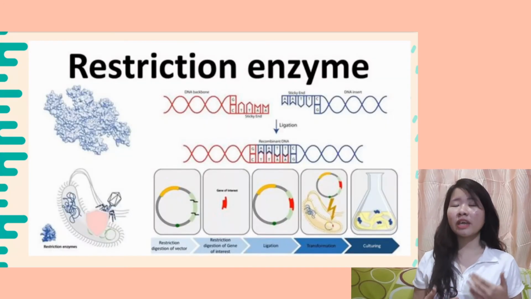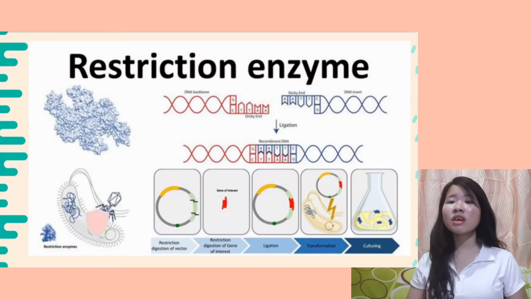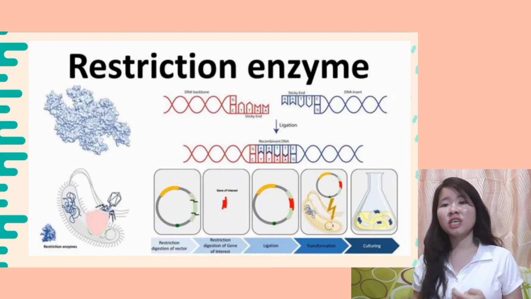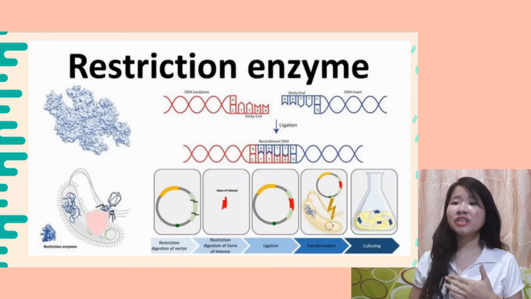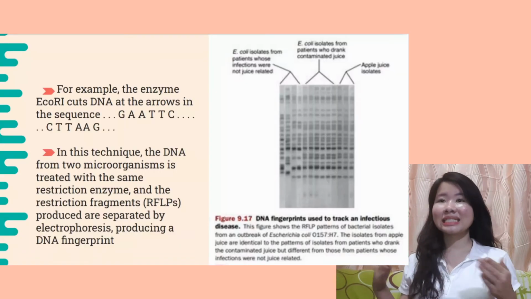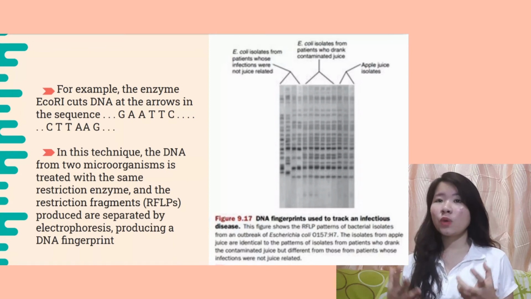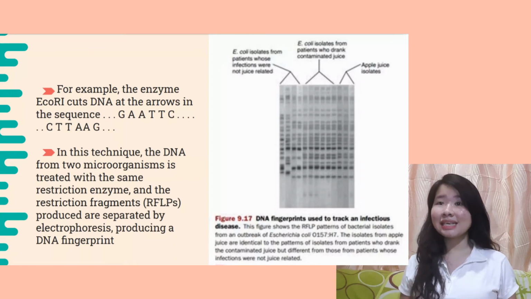This is what a restriction enzyme workflow looks like, from restriction digestion of the vector to restriction digestion of the gene of interest, to ligation, to transformation, and through culturing. An example of that is the enzyme EcoRI, which cuts DNA at the arrows in the sequence GAATTC and